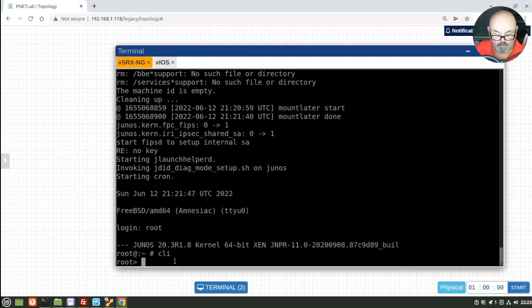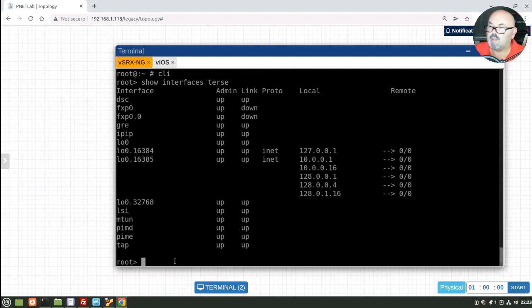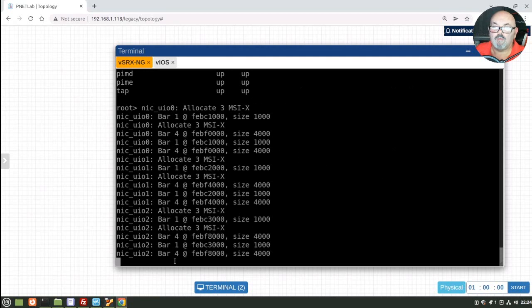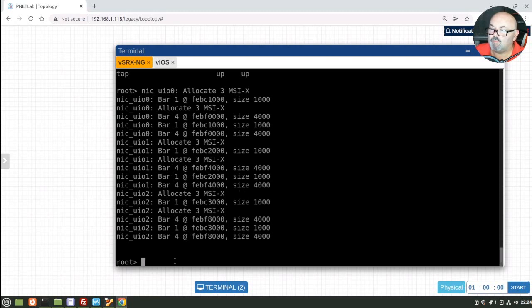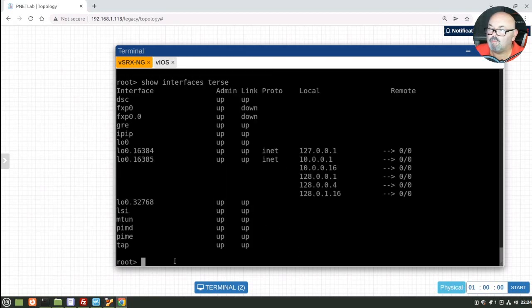So let's do a show interface terse and see whether or not the interfaces have loaded up. See, they've not loaded up at the moment. It takes a little while for the packet forwarding engine and the routing engine to start communicating correctly with each other. Oh, hello. So you notice all these messages that have just come down where it's showing us that you got some NIC messages. Let's have a look and see if it's allocated any interfaces now. No, still not. Okay, let's have a look at show chassis